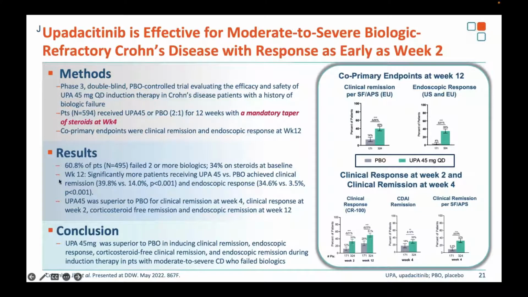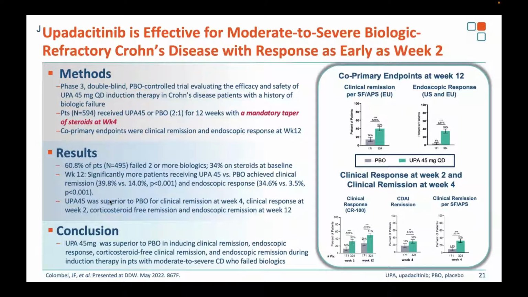The other thing I'd notice is this was a very refractory patient group. I think upwards of 90% had been exposed to anti-TNF, and you can see here two-thirds of patients had failed at least two different biologics. So this was a refractory cohort of patients with an enforced steroid taper, looking at a primary endpoint of